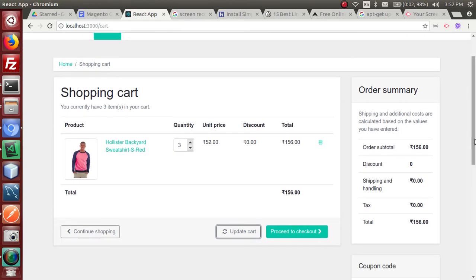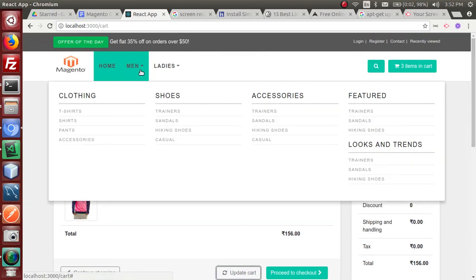So in this video we have reviewed the cart functionality using Magento GraphQL as backend and React as frontend. The simple thing is that I just added a few functions.